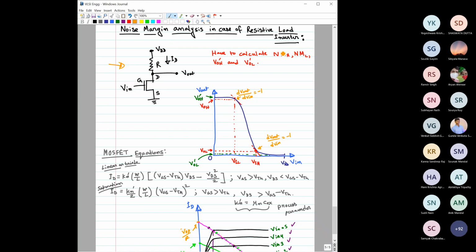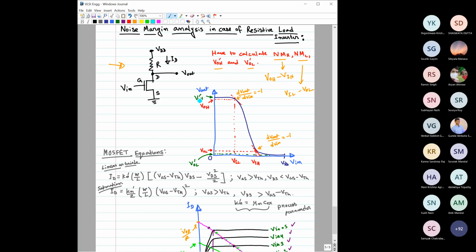So here what we have to do, we have to calculate noise margin high, noise margin low, VOH dash, VOL dash. So how do you calculate noise margin high? Please tell me quickly. VOH minus VIH. Thank you. And how do you calculate noise margin low? VIL minus VOL. Very good. Right. So we need these points to be able to find this noise margin